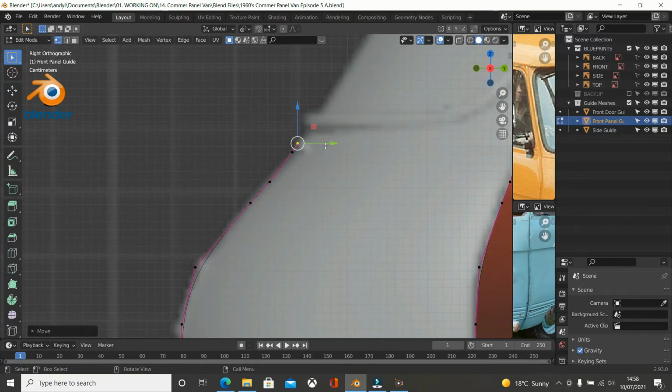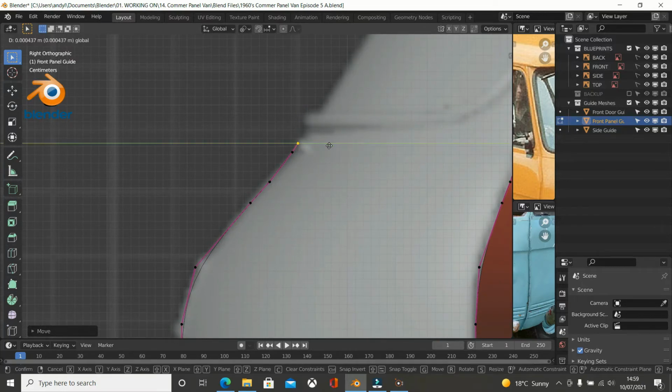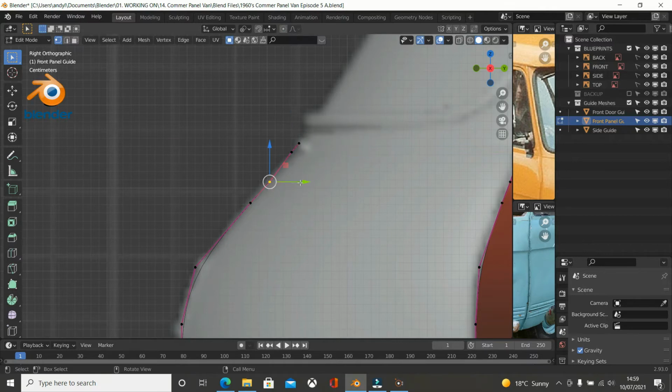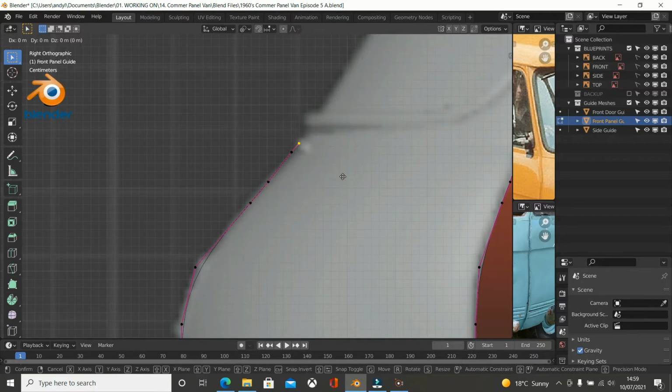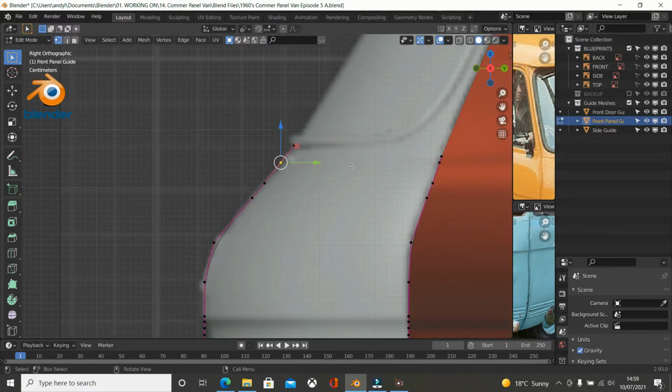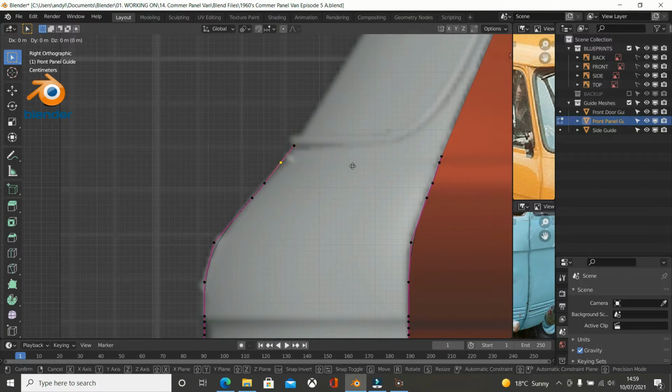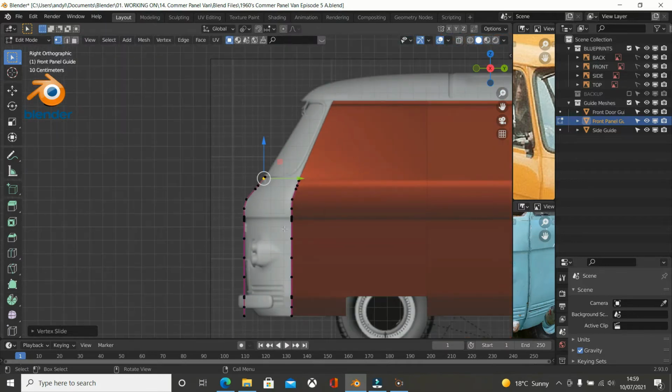So what I'm going to do is just move these about a little bit until we get them in place. Okay, so this one needs to be up here. So press G and move it to the underside of there. And let's press G twice to bring that up to around about here. So moving down,